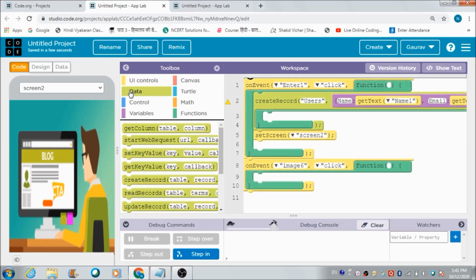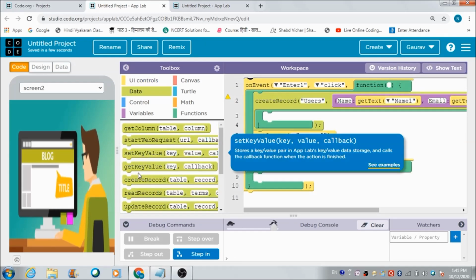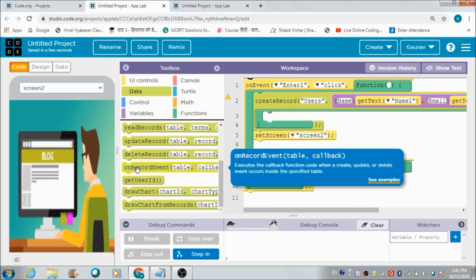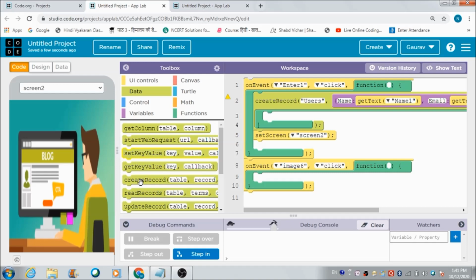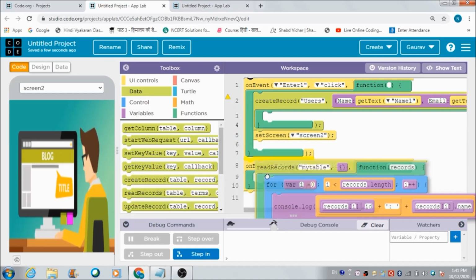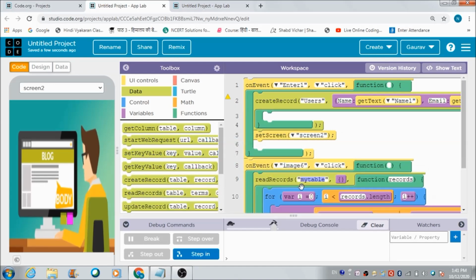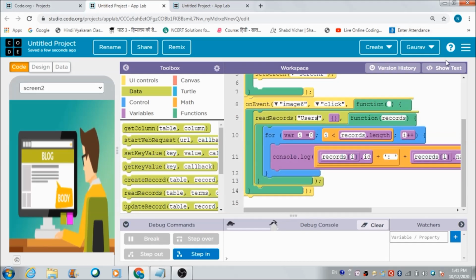let's read the records from the users table which we created earlier. Where is that read records block? This is a block we can make use of for reading the records from the users table, right? So we need to replace this with users like this, and besides here we need to define a condition.